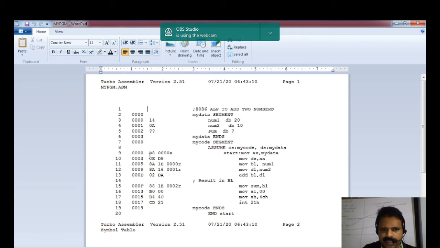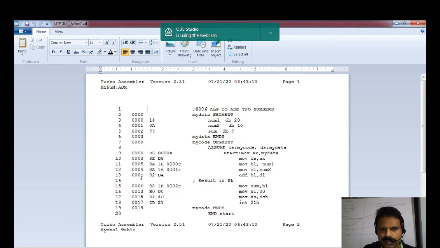Then it is not necessary that your program will be loaded to that exact address range, because the operating system will decide to which area your program should be loaded. So it is the work of the loader to arrange all these addresses according to the memory area assigned to your program.